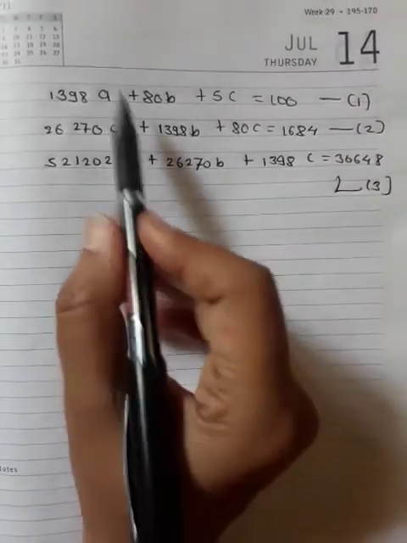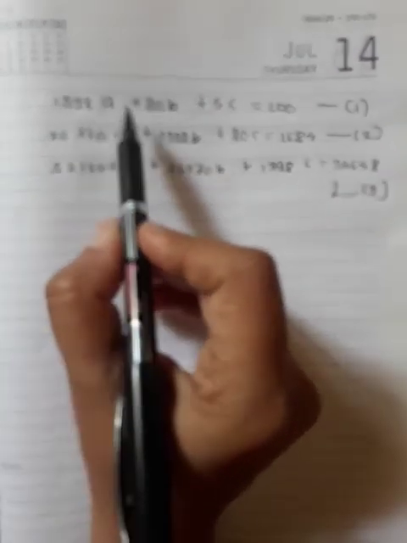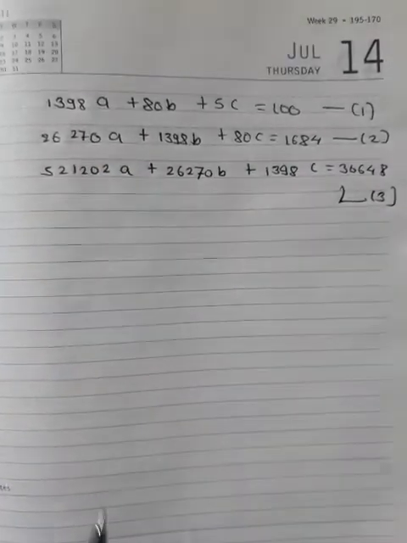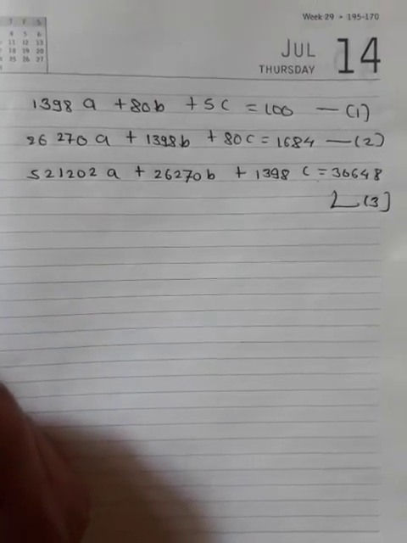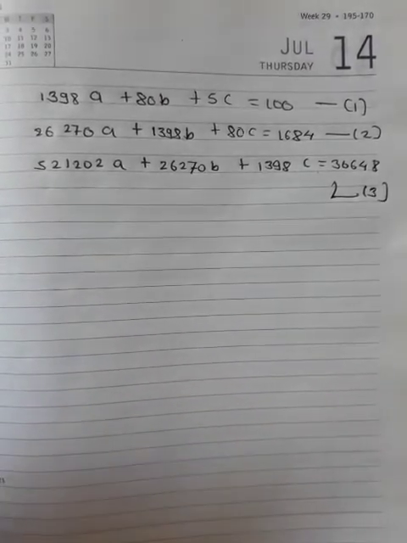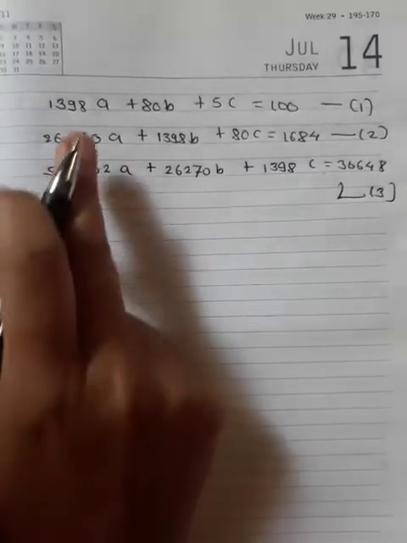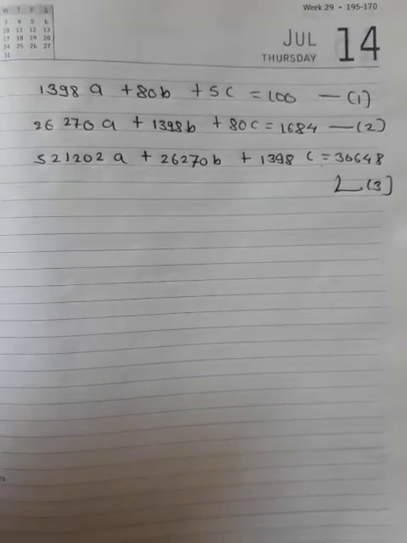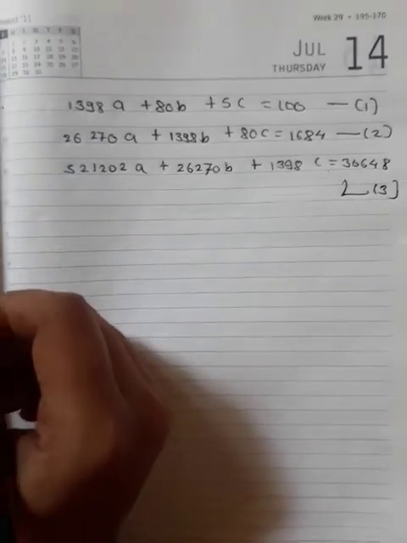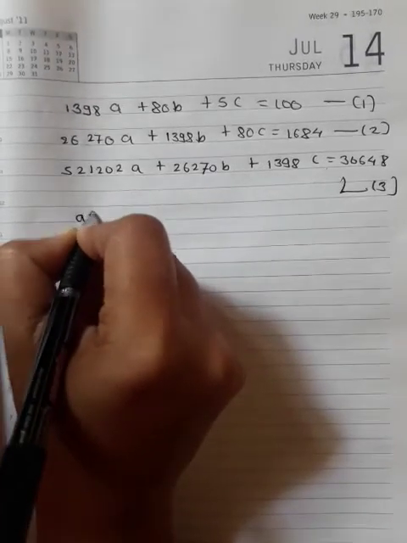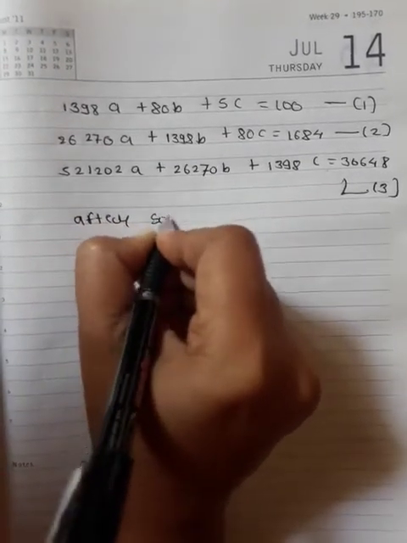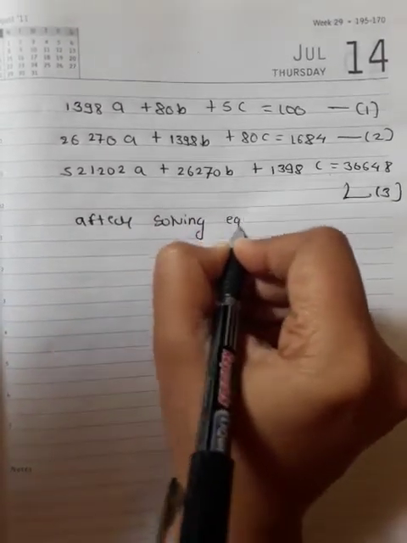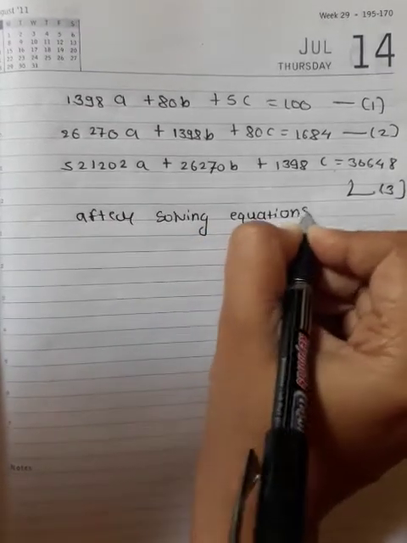If you look at these three equations, there are three unknowns a, b and c. So you have to solve these three simultaneous equations. By solving them, you will get the values of these three unknowns, and you know how to solve simultaneous equations. So directly I will write the values for a, b and c. After solving the equations simultaneously,